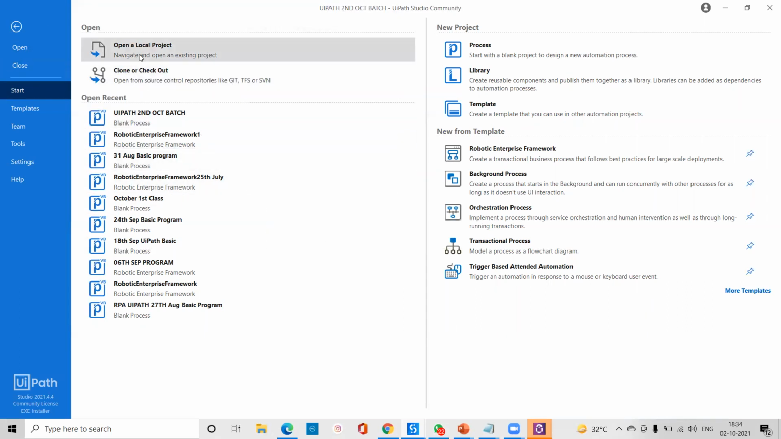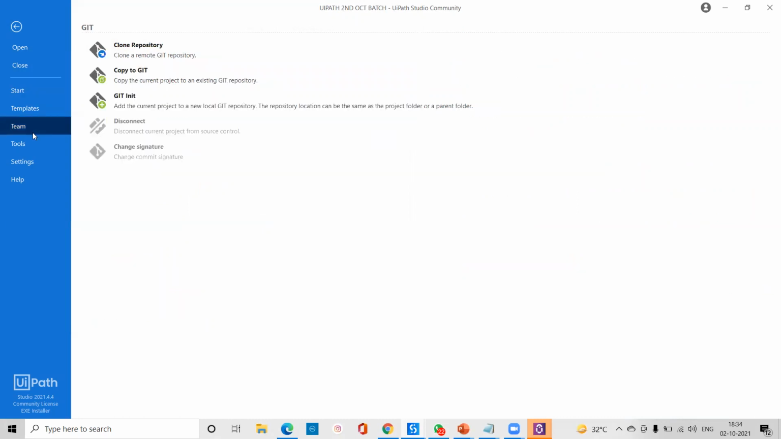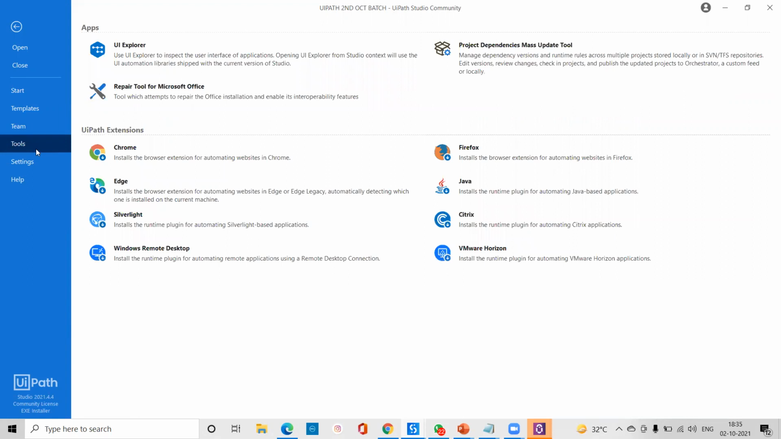So this is the home, especially for creating projects. We have a team also, so if you want to check in on your SVN or TFS server, they have given this type of repository. Then tools: try to understand, if you want to automate any process through Google Chrome or any type of browser like Java, Citrix,